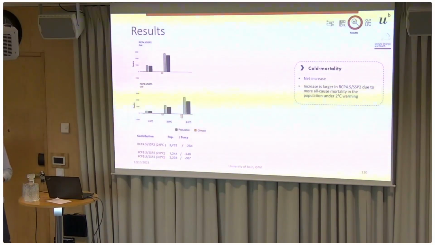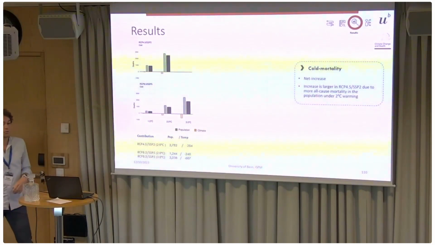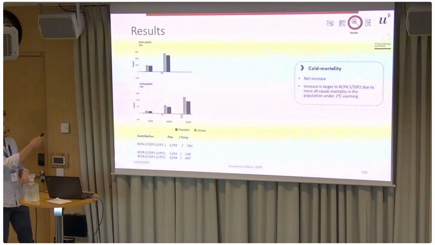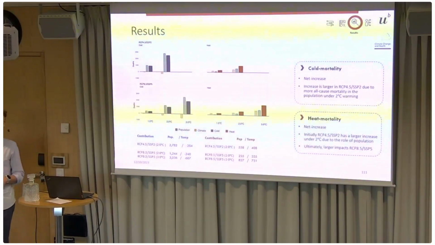However, in green, we see the contribution of population aging and development over time for cold. So you can see that in the scenario of 2 degrees, we have a substantially larger contribution of population, increasing the attributable number to cold, which is much higher than compared to RCP 8.5. So we also see a very similar pattern for heat. Now the only difference is that under 2 degrees of warming in RCP 4.5, the population aging is already a larger driver, whereas in RCP 8.5 and the 2 degrees of warming, temperature would still be a main driver.